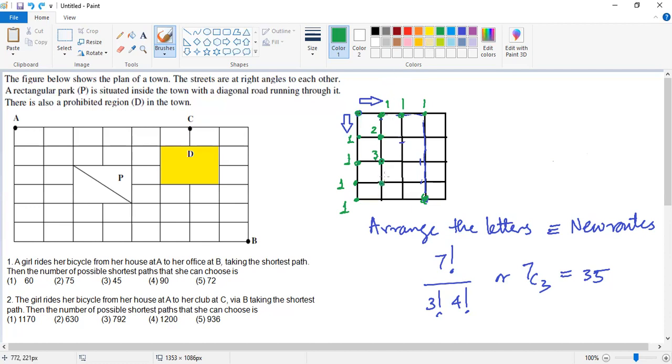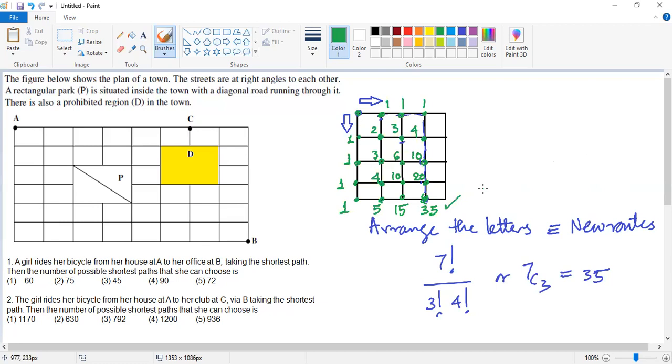So this position would be 3 plus 1, 4, 4 plus 1, 5, again 2 plus 1, 3, 3 plus 3, 6, 6 plus 4 is 10, 10 plus 5 is 15, 3 plus 1 is 4, 6 plus 4 is 10, 10 plus 10 is 20, 20 plus 15 is 35. So see, we have got the same answer, 35 possible ways of reaching that point without using permutation combination, and it's a very simple way of counting also.